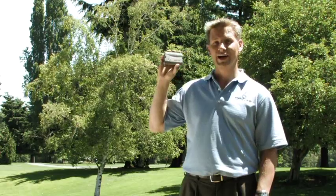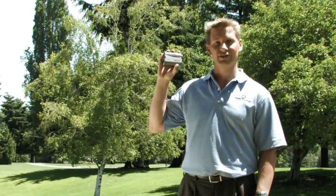In any situation, the TGR and club selector features of the GX2 provide invaluable information on the course. Now let's look at how easy it is to set each of the features on the GX rangefinder with simple